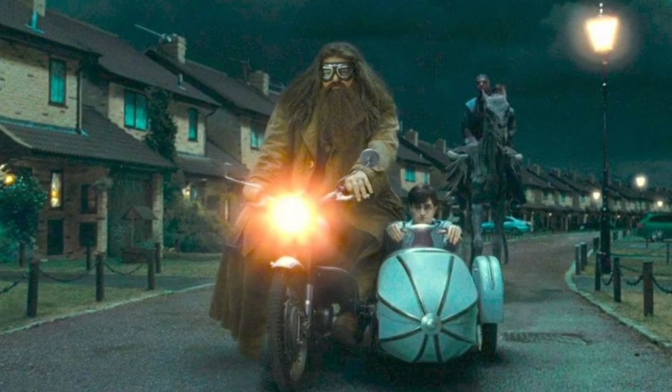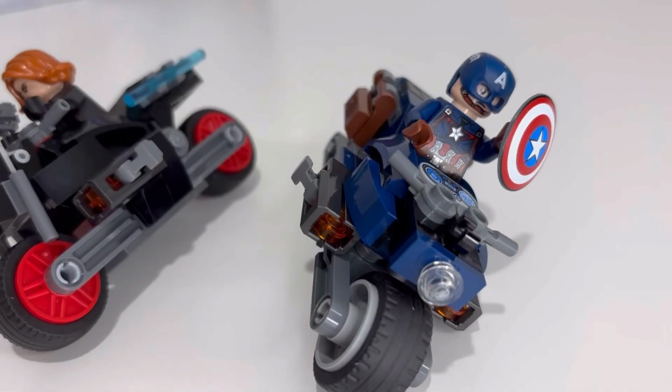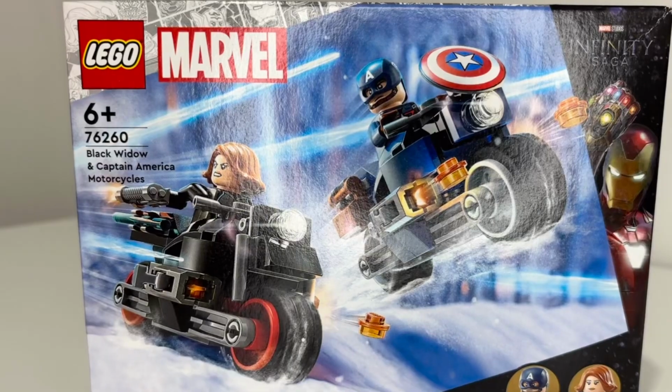In my mind, it's two figures. It's a small build. We've seen the Marvel bike builds going for about that price point. You're obviously getting a bigger fig, but that for me seems like the most reasonable way of doing it. And of course the Charms class at $50, which would be about 42 to 45 pounds here in the UK,